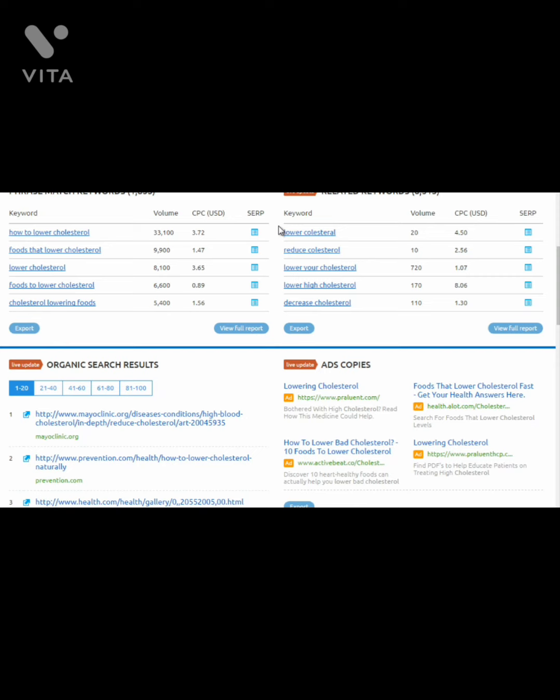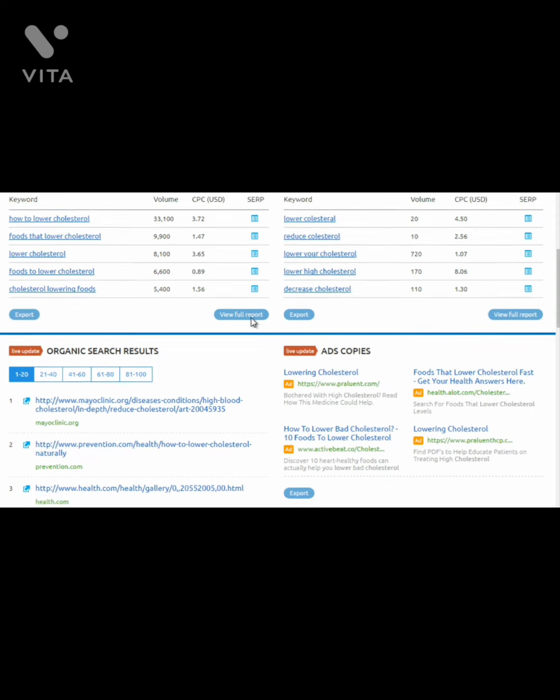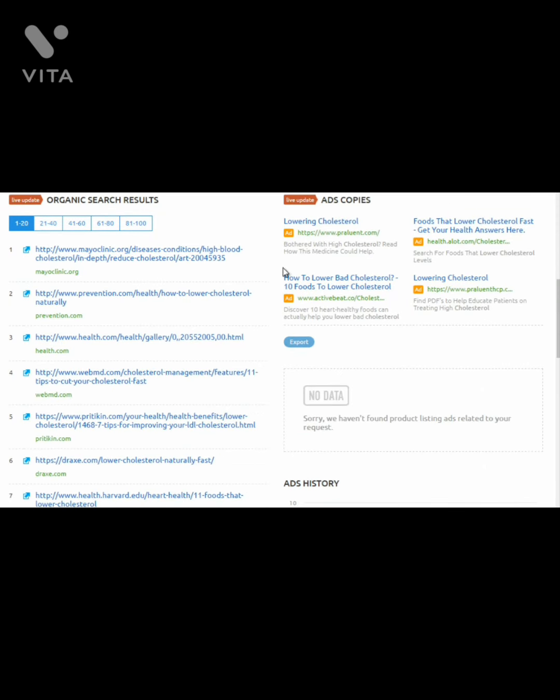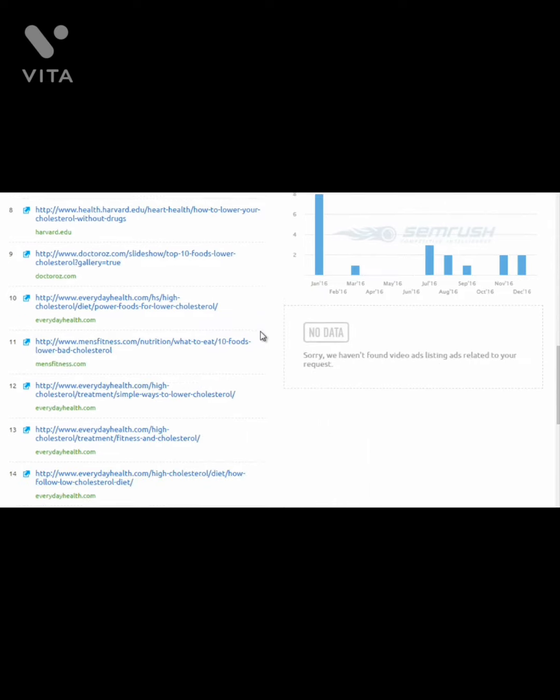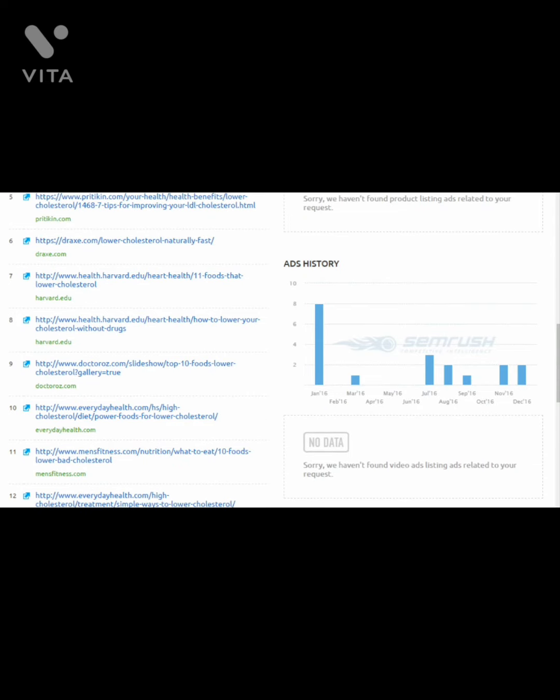If they're willing to spend money on a specific keyword, that means there is demand. As you can see here, foods that lower cholesterol, lowering foods. So there's a lot about foods. You can see that there are other keywords as well. There's ad copies, there's organic search results. You can also use BuzzSumo as well to generate topics.